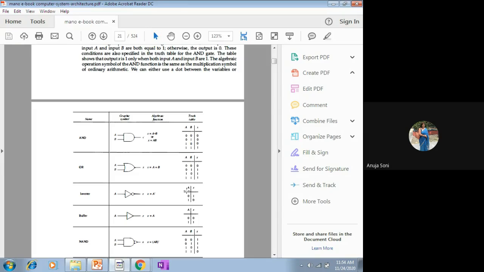So what are the possible values, input values? Either 0 or 1. Now we come to the final output value to the right hand side. We talk about the value of x as the output value. If the value of a is 0, then the output will be 1's complement. 1's complement means it will invert its value. 0 will be replaced by 1 and 1 will be replaced by 0.